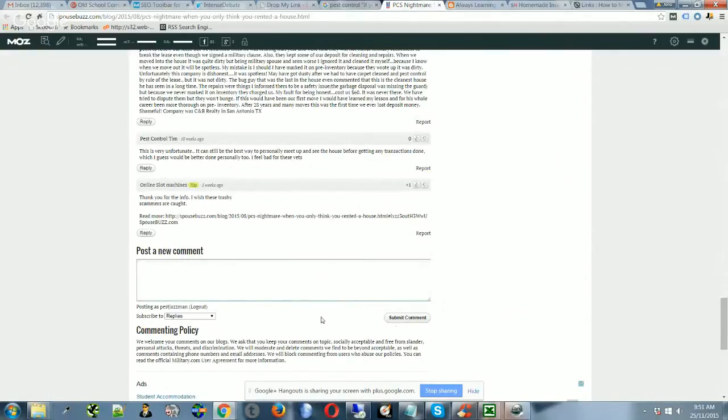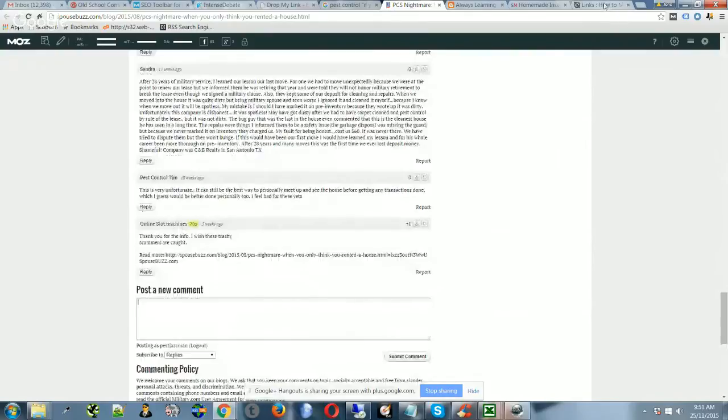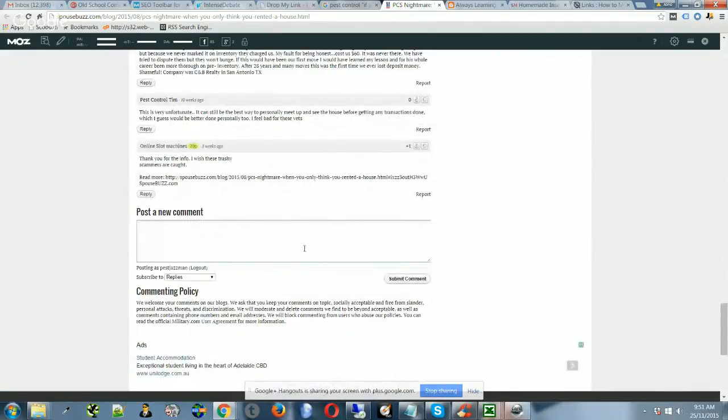So you can just put your comment in here. Intense Debate's really good because it'll also allow HTML. Just be aware if you do HTML links, anchor text links, I find the success rate of approval is a little bit less. But even if you just create your comment in here, when you submit your comment and it's